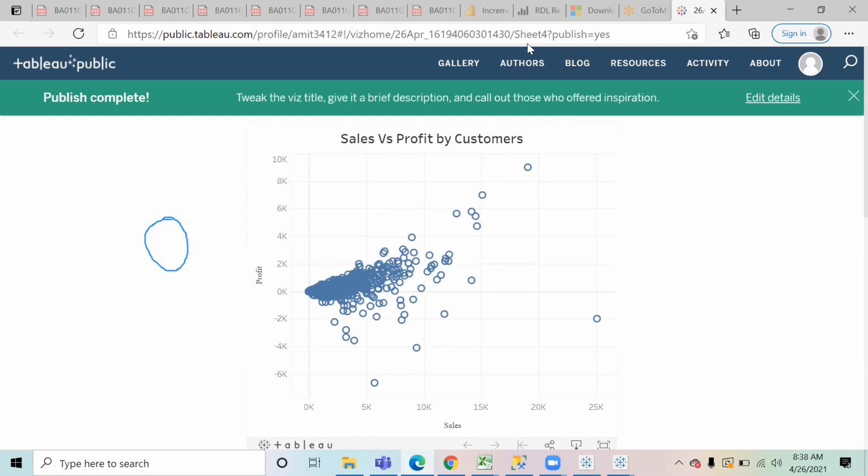Just a second, I'm sharing that. Okay, so I have shared an assignment and the data on the WhatsApp group.